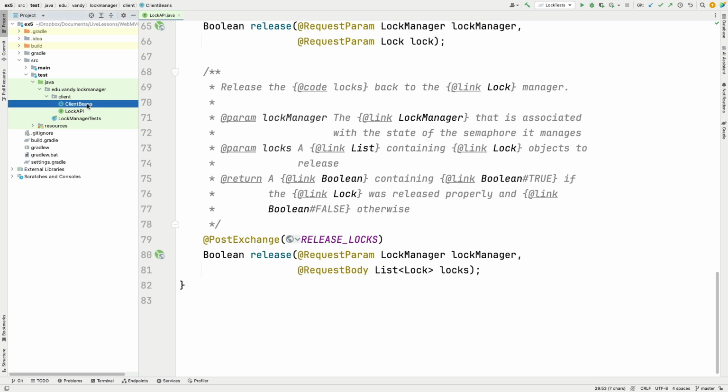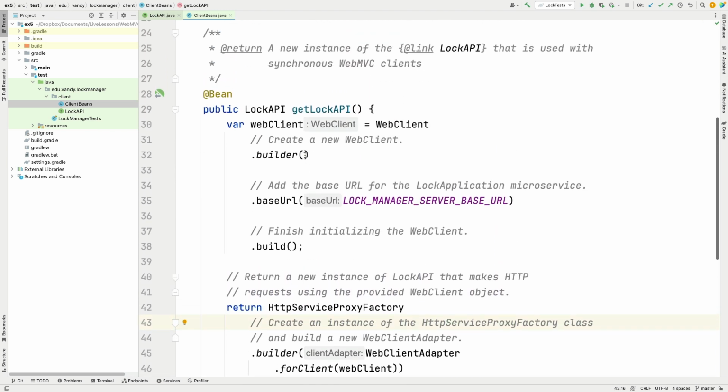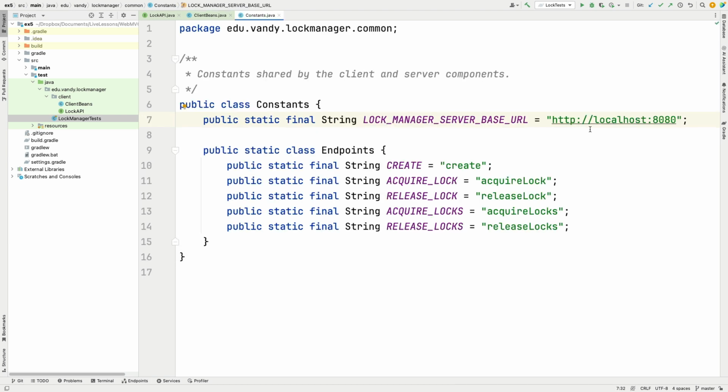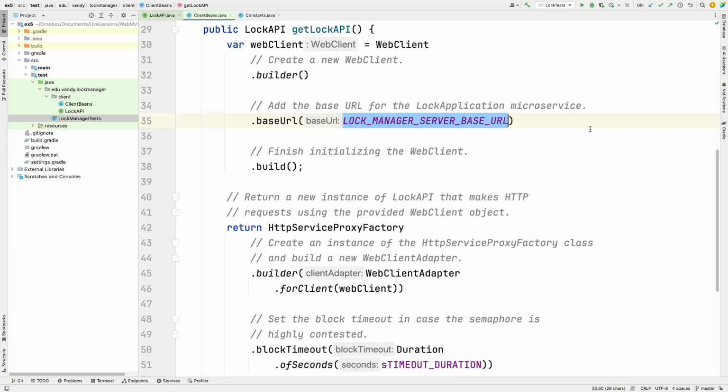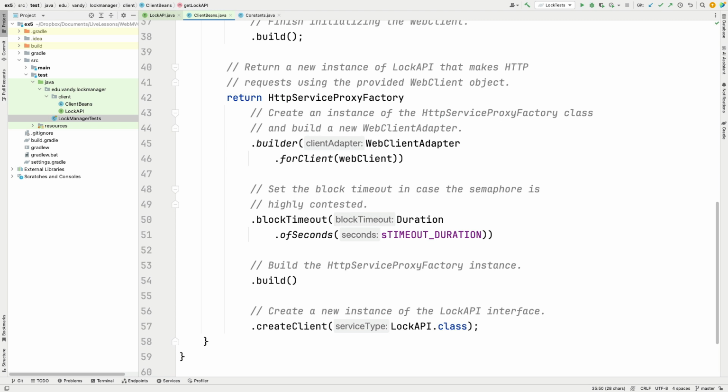I do want to talk briefly about the client beans part, however, because there's a little tiny bit different thing here I want to go over. So again, this is a bean. So we can auto-wire this into our LockManager test driver, which we'll talk about next. And we make a web client that connects to this particular server base URL. That's where the server's listening. In the next part of the course, we're going to talk about ways to not have to hard code these things, but for now we're doing that. And then down here, we make an instance of HTTP service proxy factory, which is associated with that web client